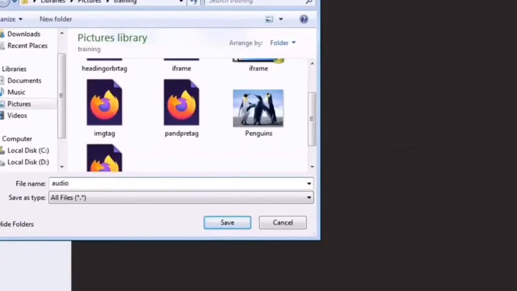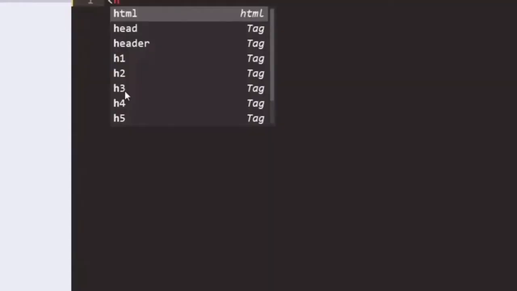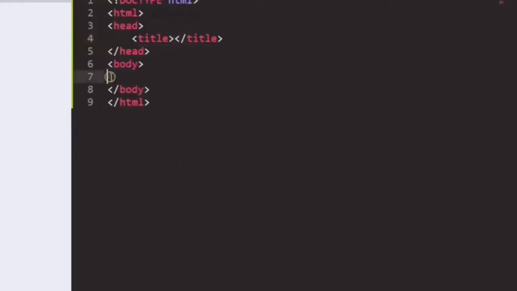We will give the file name here, like I am giving audio.html. Now we will enter our tags and the full body is declared. After that we are going to discuss the audio tag.